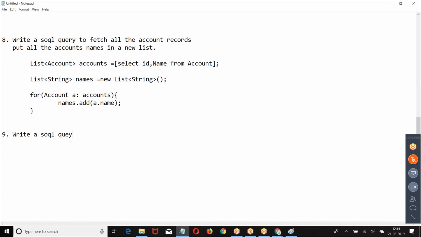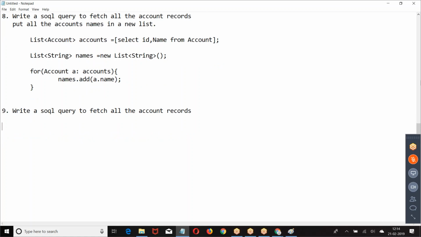Write a SQL query to fetch all the accounts. These are use cases. Put all those accounts whose rating is hot in a list. Write a SQL query to fetch all the account records.